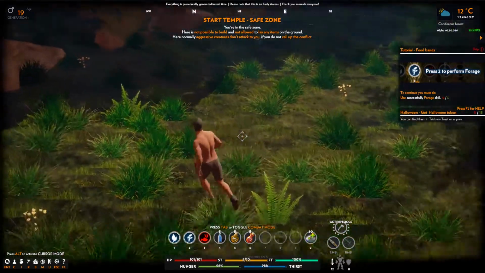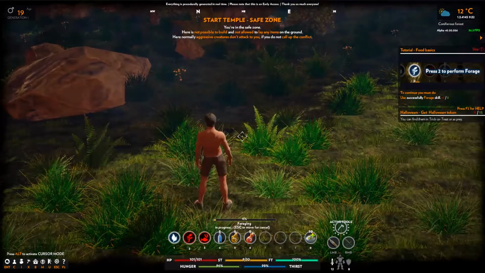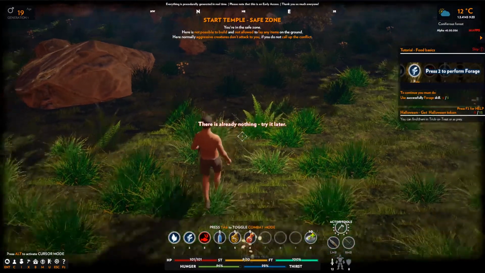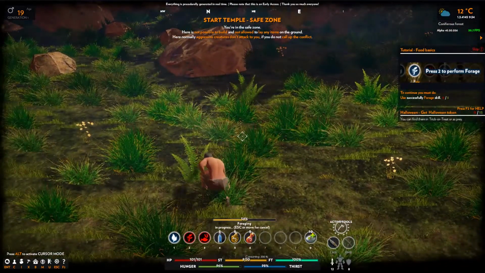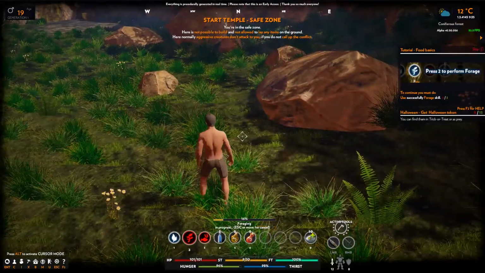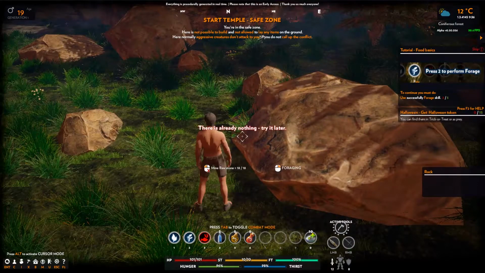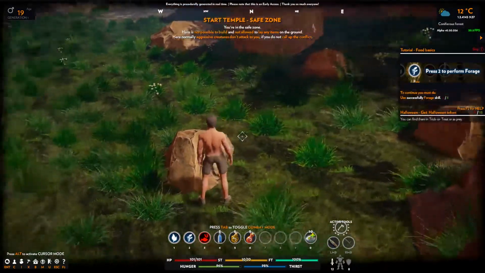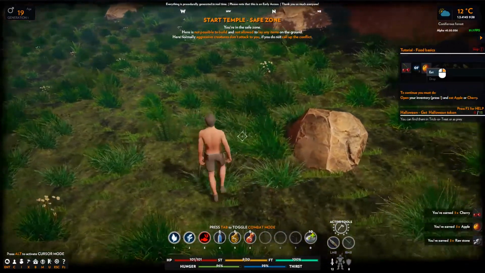Now it wants us to forage. Nothing there. We're going to move, keep trying to find some foraging materials. All right. Nothing successful. There we go. Some stone. So again, botanizing, you're going to get obviously things that are more plant-based, and foraging, we are trying to, I guess I can use there. All right, so now we